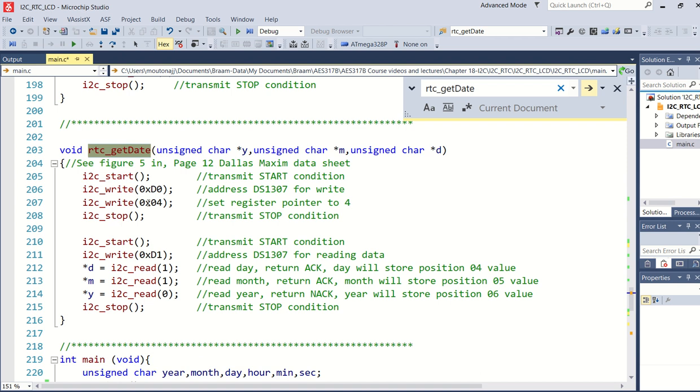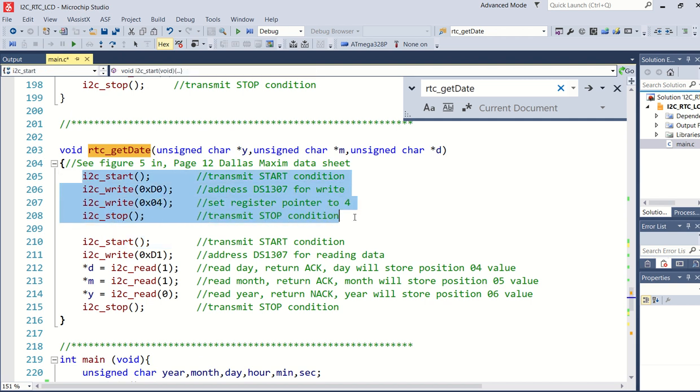As you can see here, I2C start. It says I'm going to write data to you, and the pointer is then set at 4 because I want to read the day, of course. And this is the stop. Again, you have to stop if it's just a write. This first section is a write type of command, and here we want to start reading.